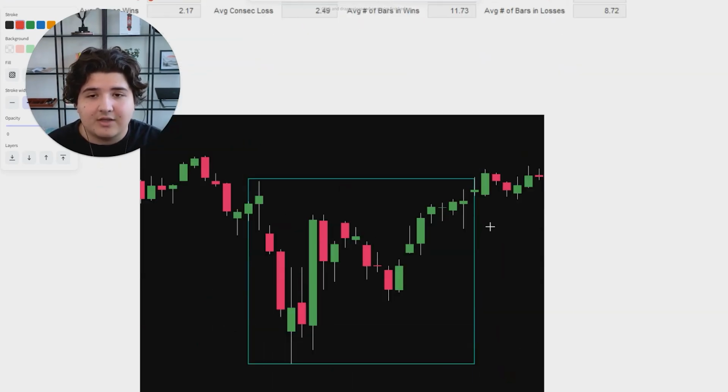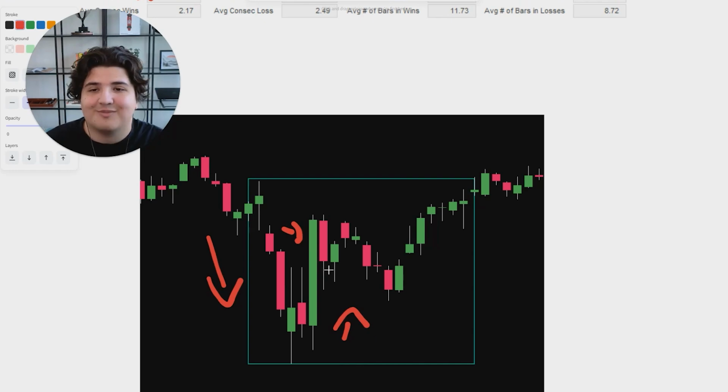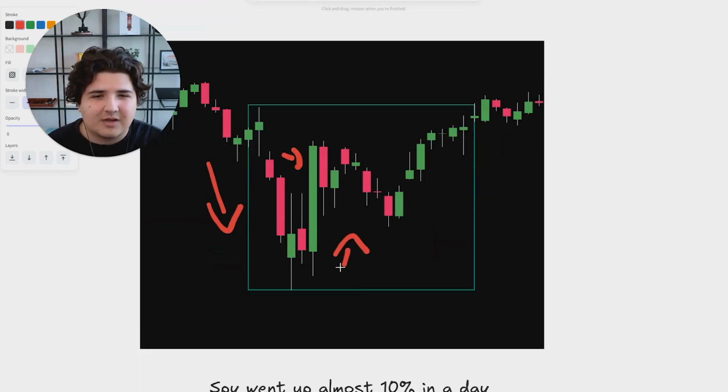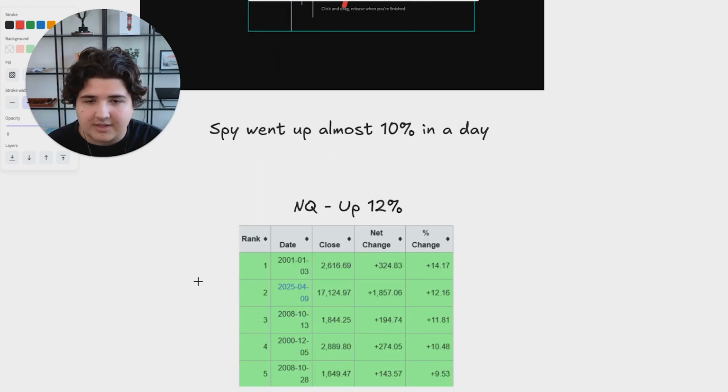Now, this is how the NQ market looked over that time. So we can see here, huge drop, huge rebound, and that was primarily all in one day. Now, can you guess where a lot of my returns came from? It's from this one green bar here. I believe on NQ it was up about 12%, if I'm not mistaken, right? Yes, it was the second biggest day ever on NASDAQ, about a 12% return, and SPY went up almost 10% in a day,